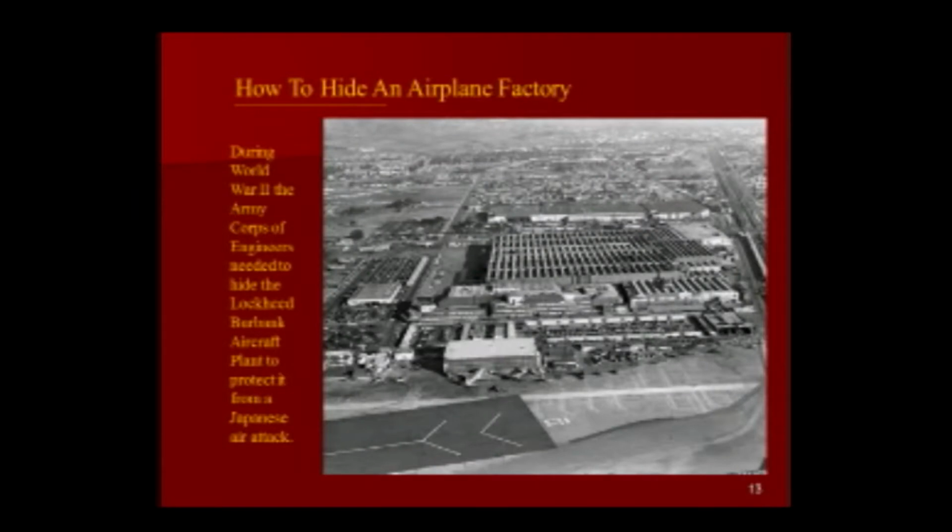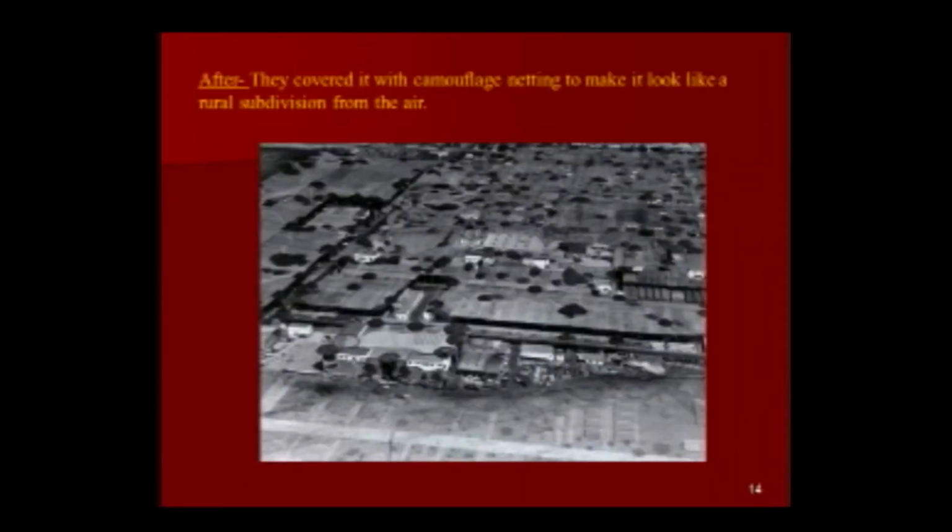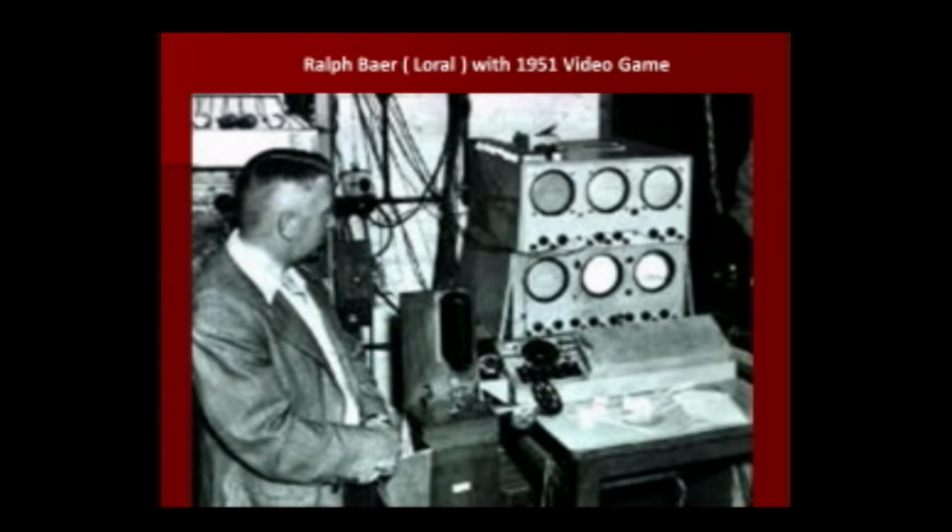This is an interesting simulation. It's not really flight training or anything, but during World War II, we were quite concerned about the enemy bombing us, both on the east and west coast. Burbank was the home of Lockheed at the time, and they were manufacturing airplanes. Well, they didn't want their plant to get bombed necessarily, so what they did is they covered the entire plant with camouflage, such that it looked like farmland and open country, so that if an enemy pilot were flying over, they'd say, well, there's nothing there, we'll just go on. However, when you look underneath the camouflage, you'll see that there were actually cars and work people and all, and business went on as usual underneath the camouflage.